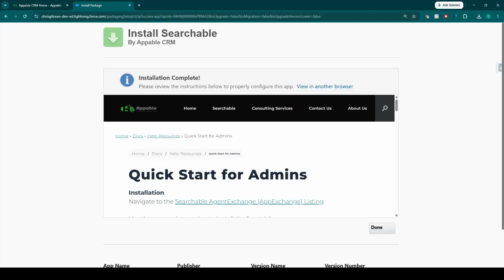Okay, that is done installing. It's only been a couple of minutes. And so on this page, I can click done. That will take me directly to my org. Or we have our quick start guide, which you can click this view in another browser if you don't have